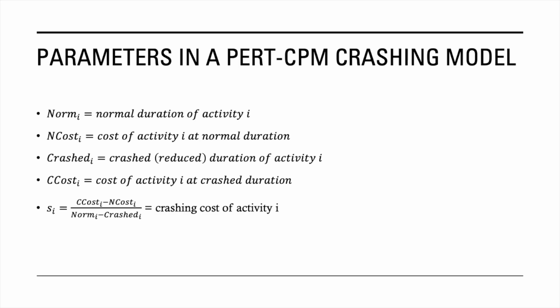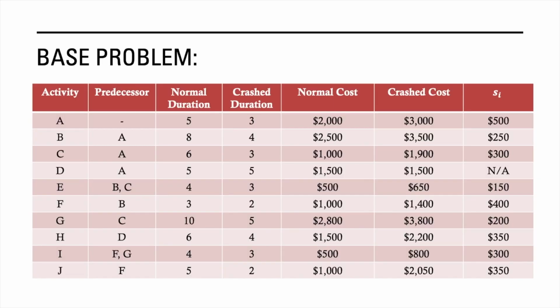And this table actually computes it for us already. Do take note that for activity D, the denominator is 0, because your normal duration and crash duration are both 5. That essentially means you cannot crash activity D anymore. It is at its shortest duration already. However, for all the other activities, you do get some form of slope, in this case the crashing cost,